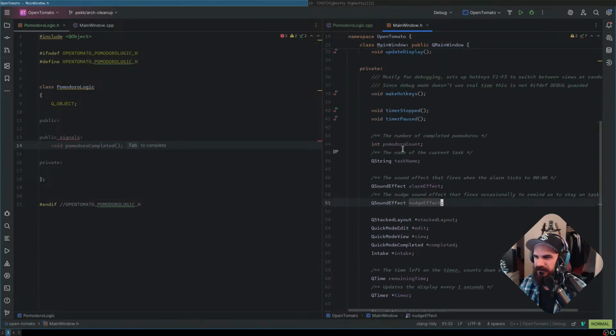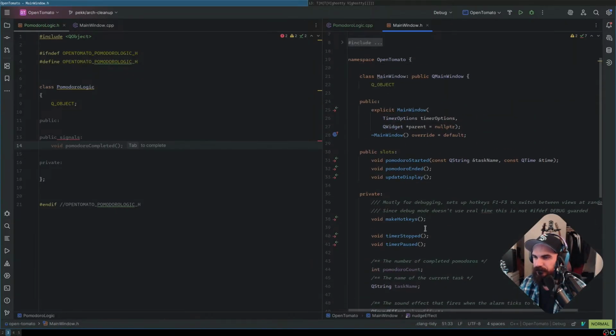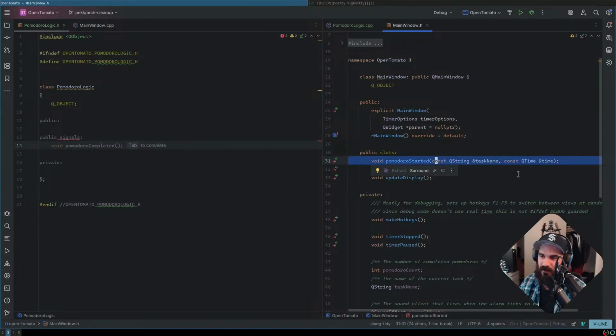Okay, so I'm trying to figure out what in my API can come out. Timer stopped and timer paused. Slots. I think some of these are going to just get duplicated. But on the other hand, Pomodoro started. I think my APIs are going to be different because this is UI.